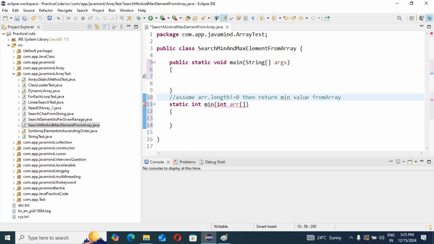Assume these two things, guys. As of now, I'm not writing any code for checking the length, because I have written the length check so many times. So it's up to you now. I'm writing this thing: assume array.length not equal to 0, then return the minimum value from the array, right?